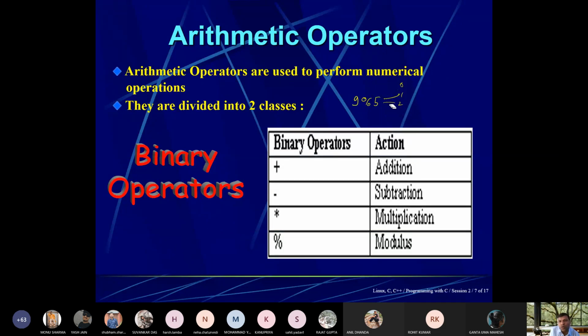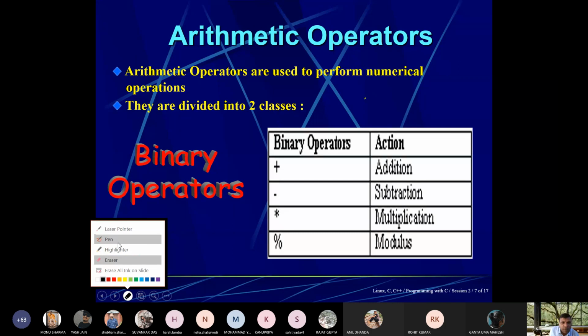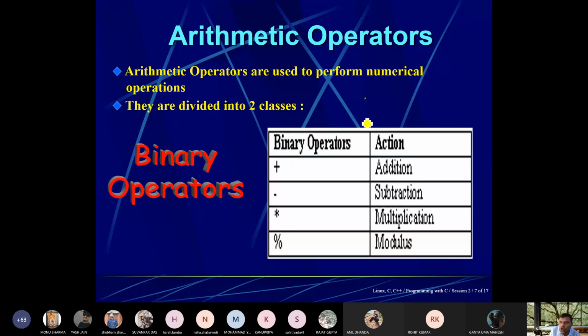I will show you all these things, and one more operator is there, which is not included here. Every operator here is binary. Why binary? Because two operands are required to perform binary arithmetic.